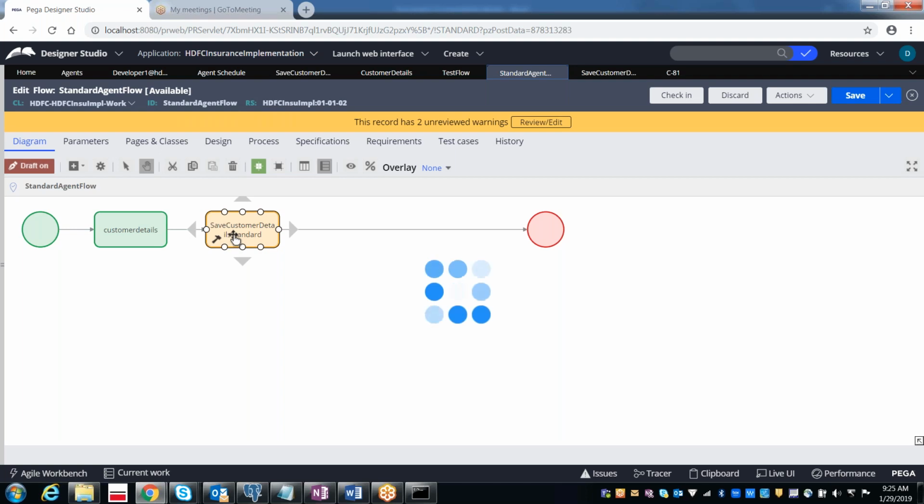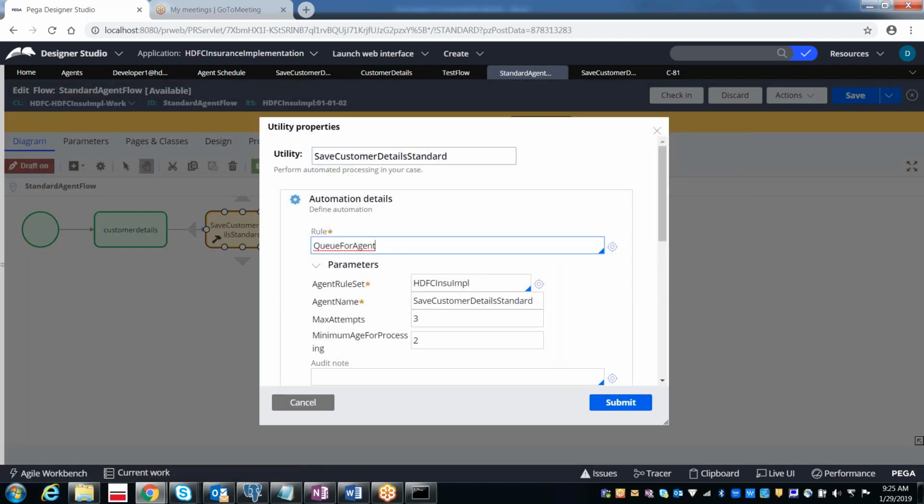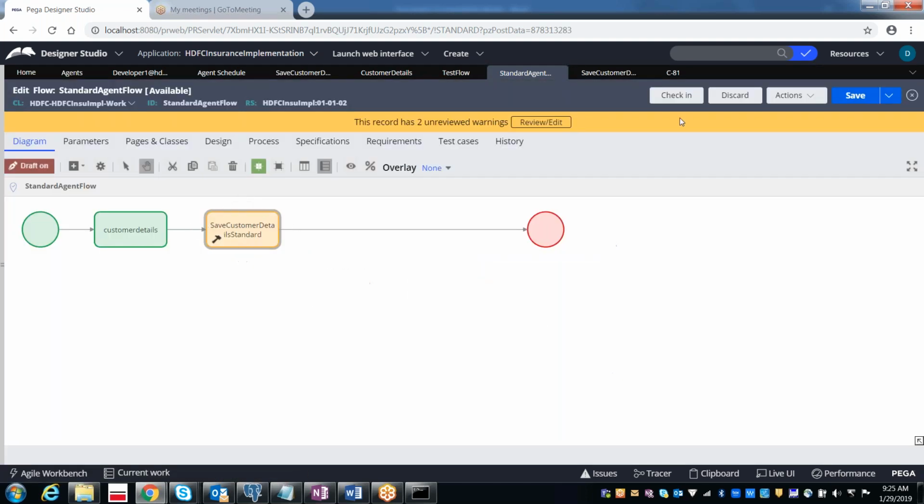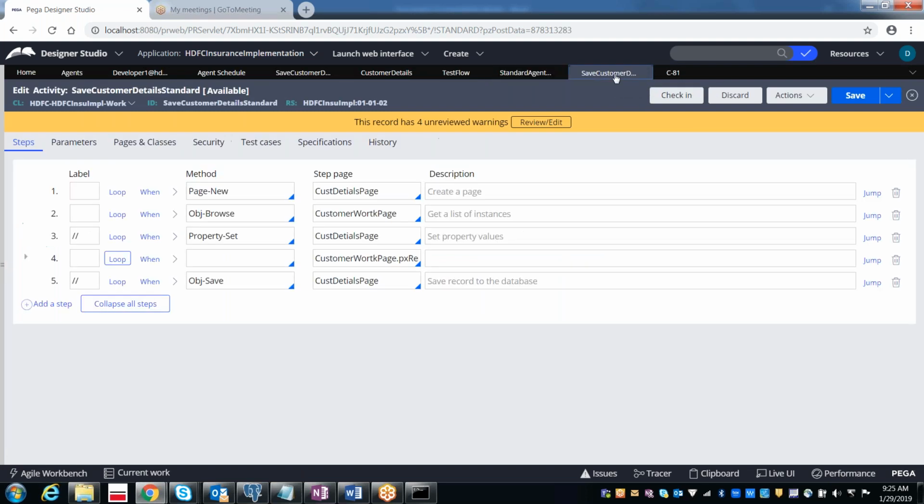I am calling it from the utility shape on the flow. Is it only possible to call it from the flow, or is there any other way?